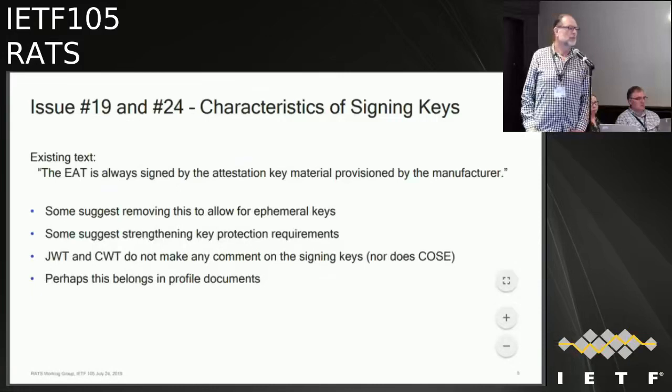Hi, this is Hank. Might not be a big surprise, but some suggest strengthening key protection requirements seems of interest to me because we are about attestation trustworthiness a little bit. If it's just my rich system key material from a home directory, that's something else entirely. If it's a shielded secret that has some restriction on it to access it, that you have to, for example, show integrity or something. So I'm just saying, in the EAT draft, we are not going to talk about it. I'm not saying other drafts can't say lots of stuff.